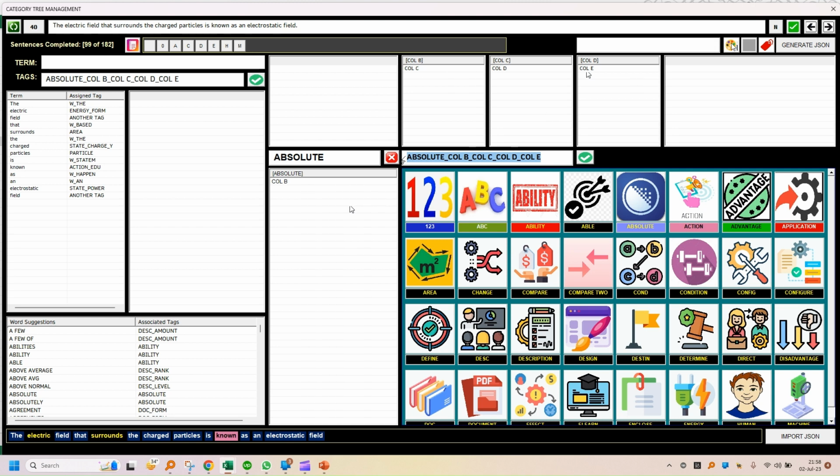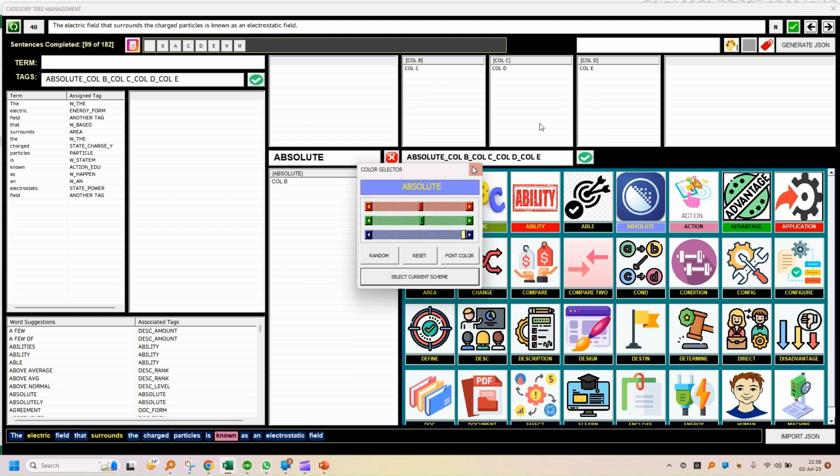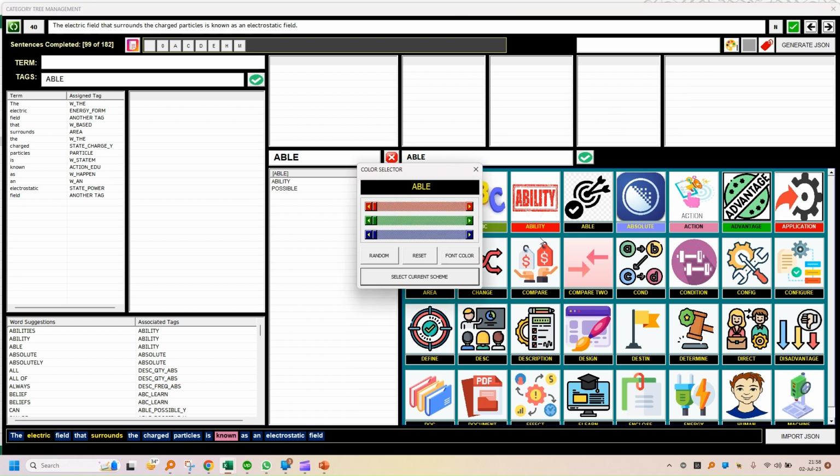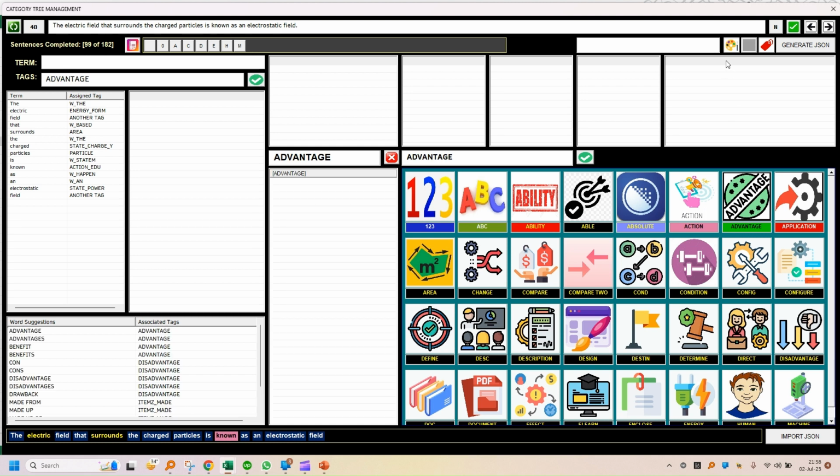Other things are that we can set colors for each of them. Click this one, absolute, it copies the same color scheme of this caption. Font is yellow and background is some light purple. If I click able and I click this one, it has been selected. Similarly, I click advantage, then I